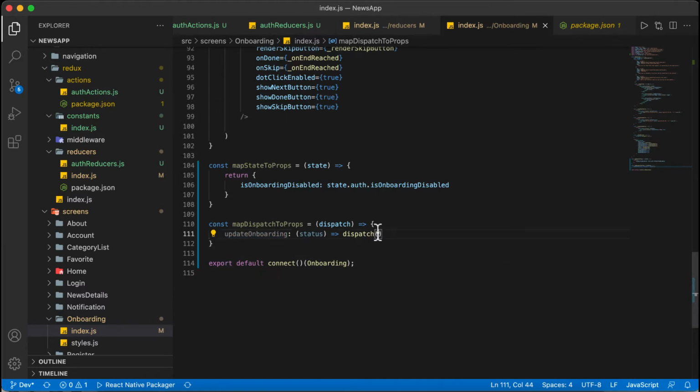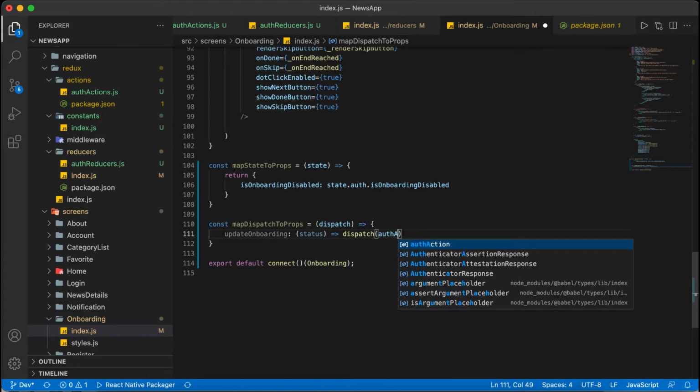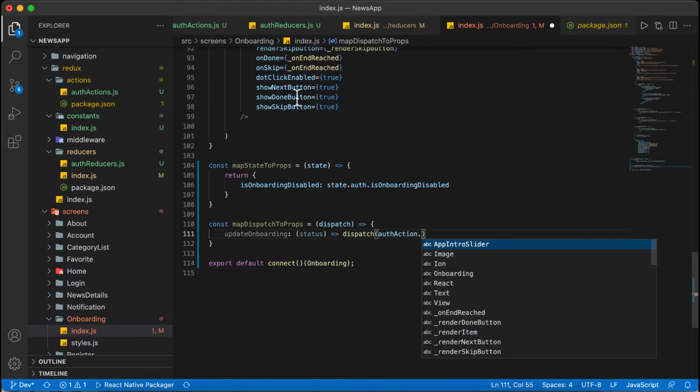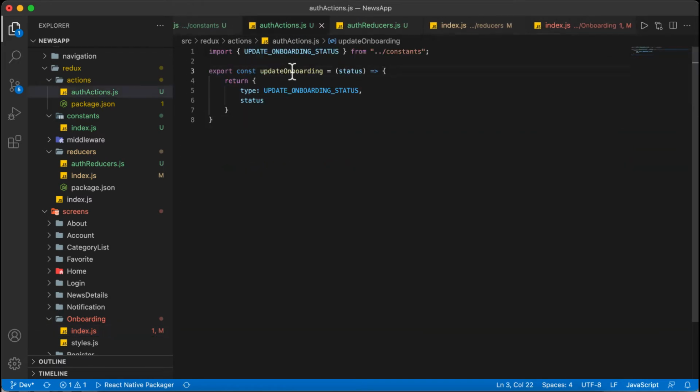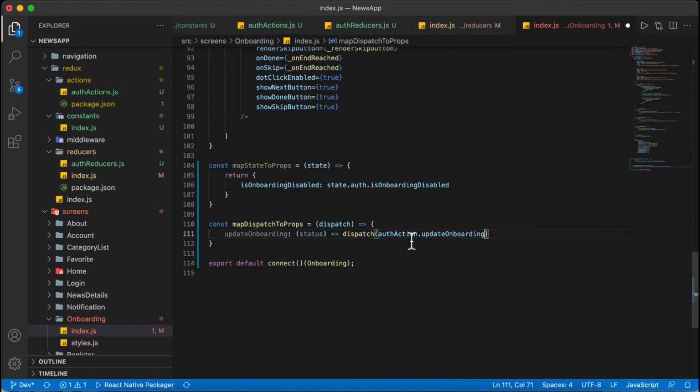So here I am writing authActions dot, and inside the auth action we have the function updateOnboarding. We will add that, and it takes the parameter status, so we send the status.